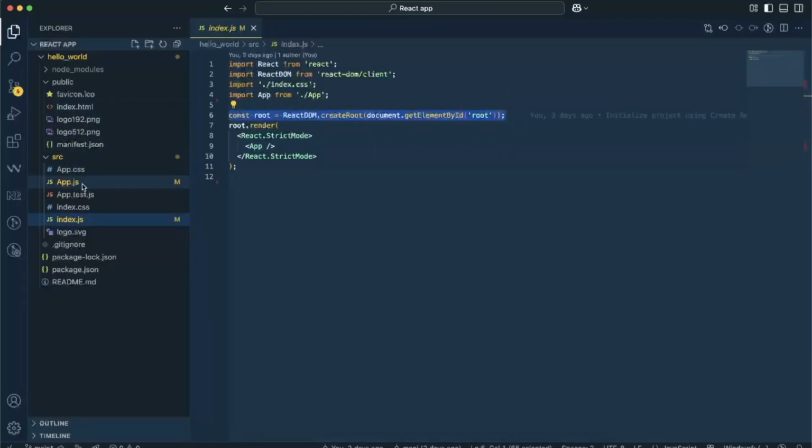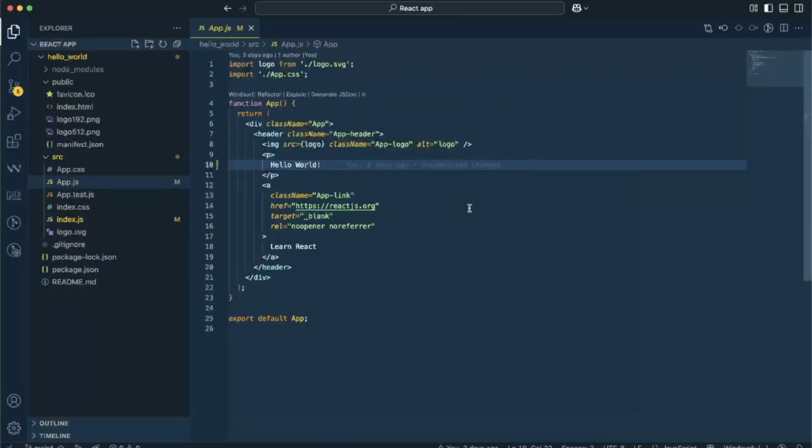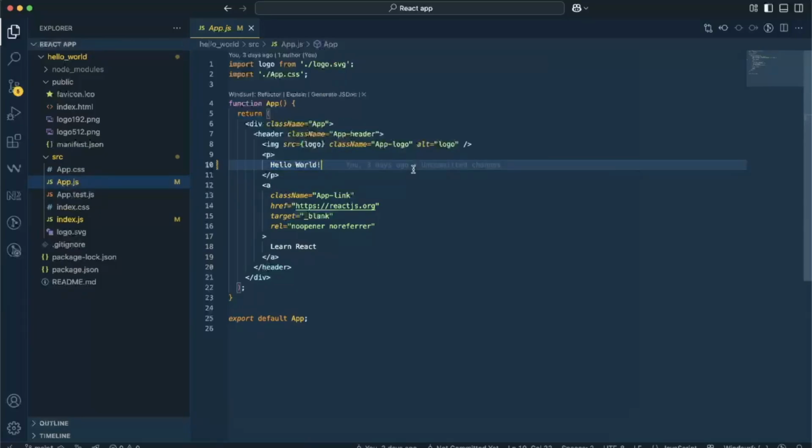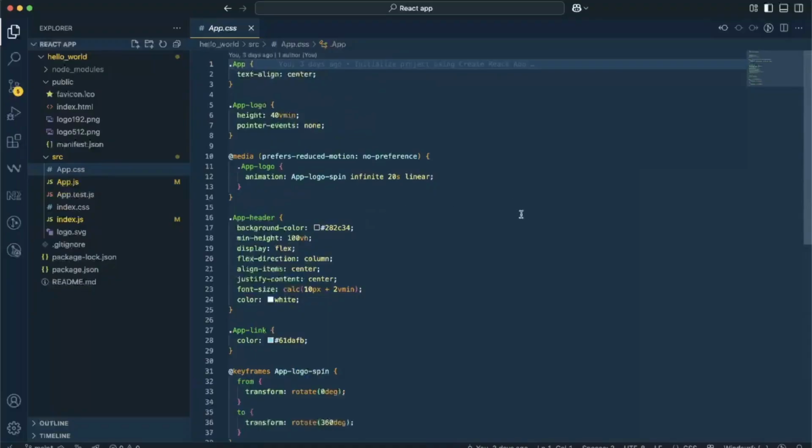That brings us to the App component, and this is also the file we edited in the last video, where we wrote Hello World. In other words, the App component represents the view you see in the browser. With App.js, Create React App also generates an App.css file, and you can style whatever is present in your App.js file in App.css.